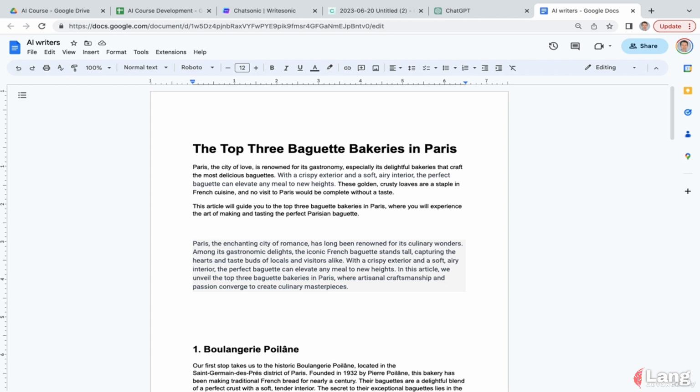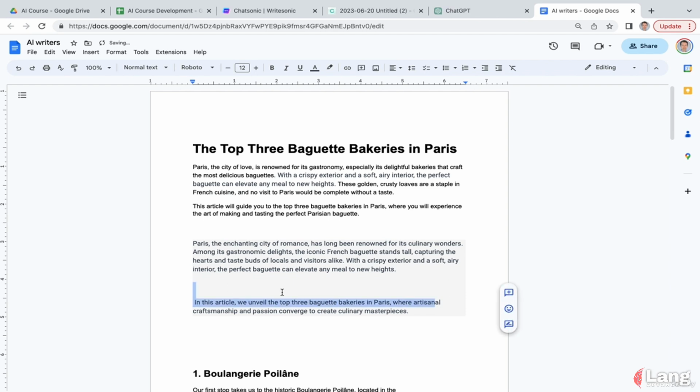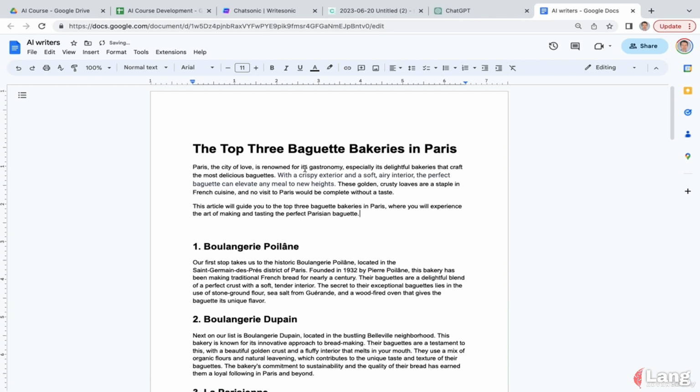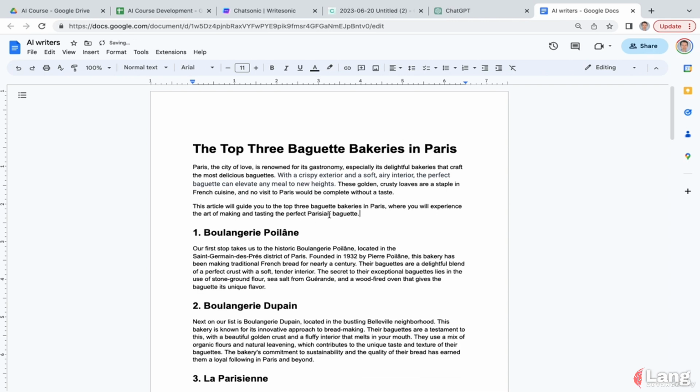We already have kind of our thesis here, so we don't really need this part. We've incorporated this sentence. And I really like this sentence. It probably doesn't fit into here, but I think this is a good example. I've taken one sentence from ChatGPT and I've put it in the output that ChatSonic produced to get a totally